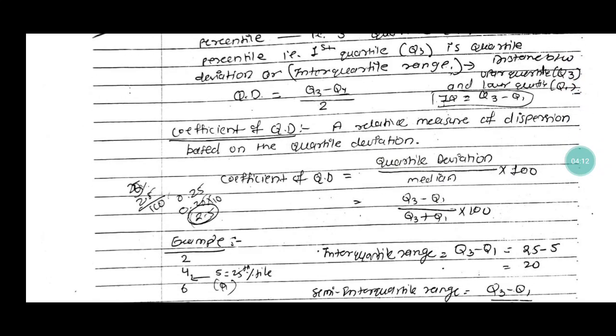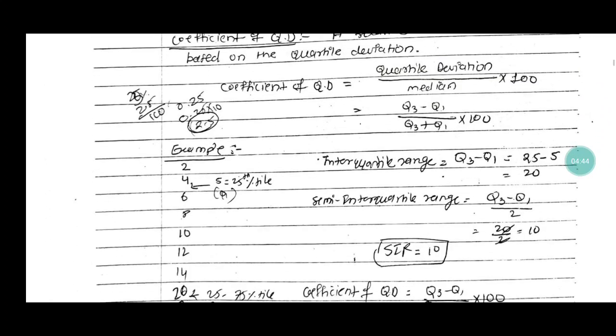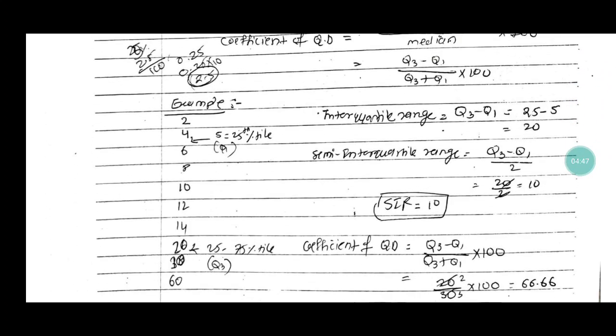So the coefficient of quartile deviation is a relative measure of dispersion based on the quartile deviation. So the coefficient of quartile deviation is the quartile deviation divided by median into 100, where the quartile deviation is Q3 minus Q1 divided by Q3 plus Q1 into 100. So the interquartile range, that is Q3 minus Q1, which is 25 minus 5, we get 20, and semi-interquartile range Q3 minus Q1 divided by 2, where the Q3 minus